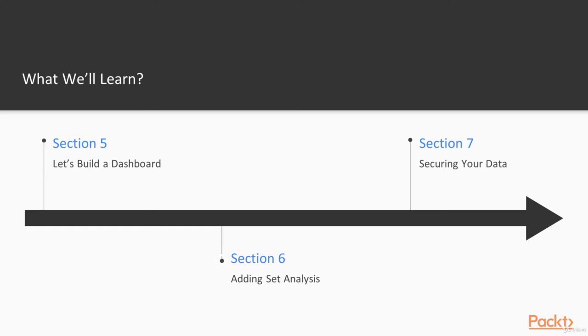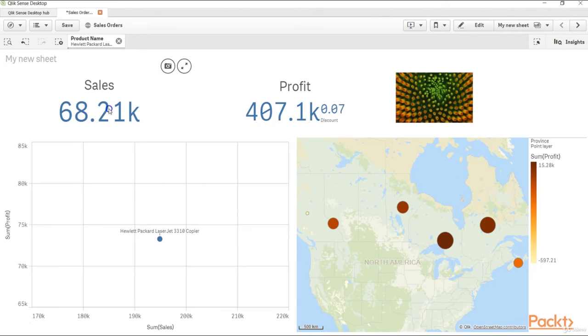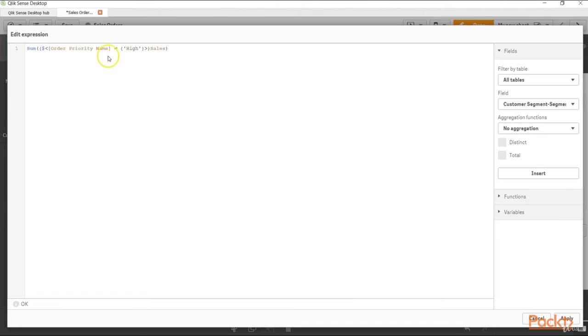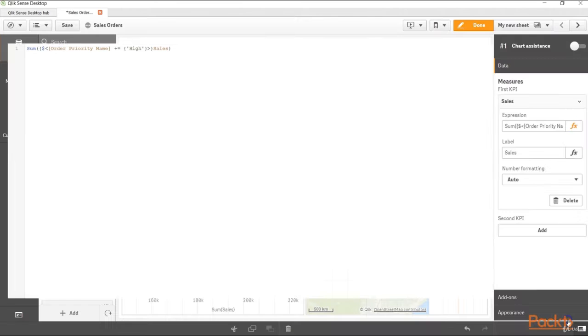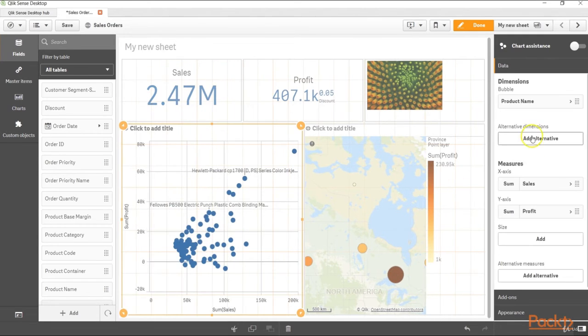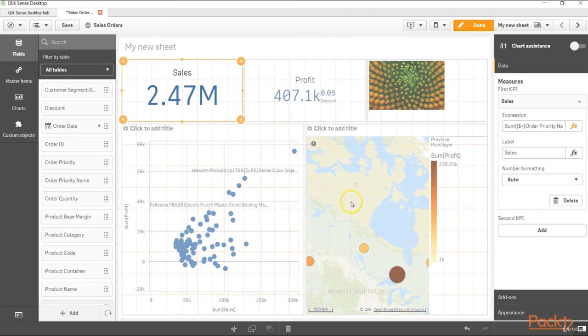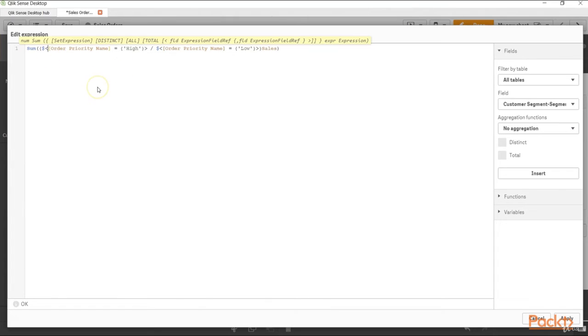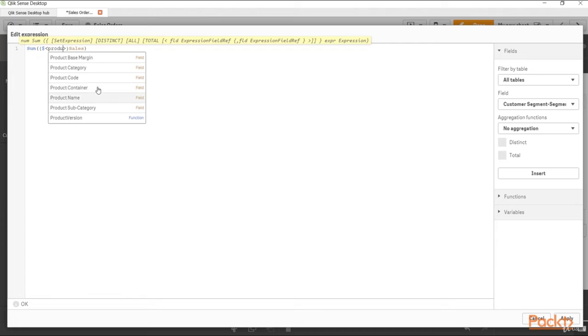After that, we will look at set analysis, and set analysis is helpful in achieving very custom business metrics which are usually not achievable by the standard formulas, and we will go through in much detail about its syntax and how we can use the different types of operators which are given in set analysis.